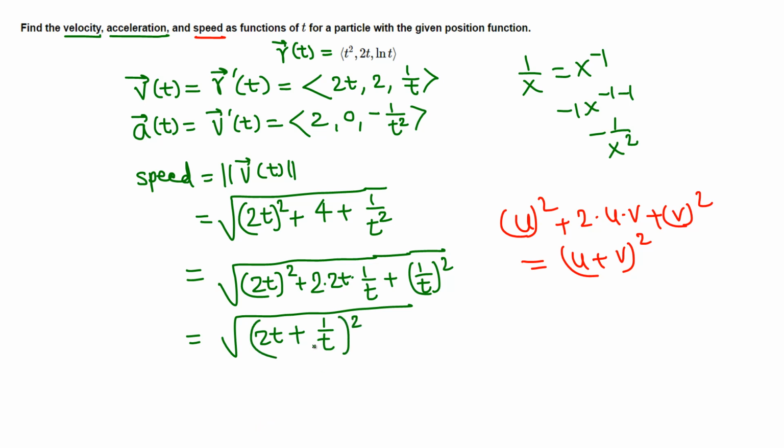Okay, and t is bigger than 0 in this case, positive time. So this quantity is positive. Now we can cancel a square and a square root. That leaves 2t plus 1 over t. Generally this is an absolute value. What I'm trying to say here is the square root of x squared is not only x, it is the absolute value of x. But if x is positive, then we don't need the absolute value. In this case 2t plus 1 over t is positive, provided t is positive, and that's the case, it's time. So final